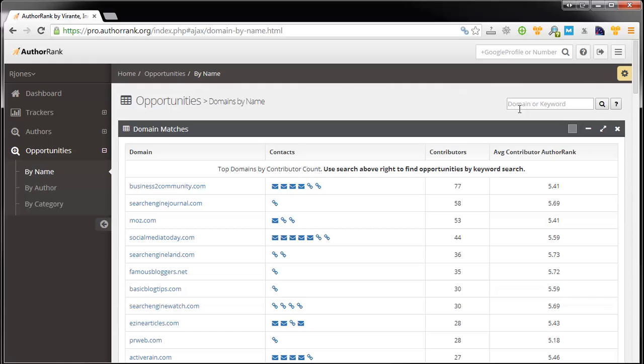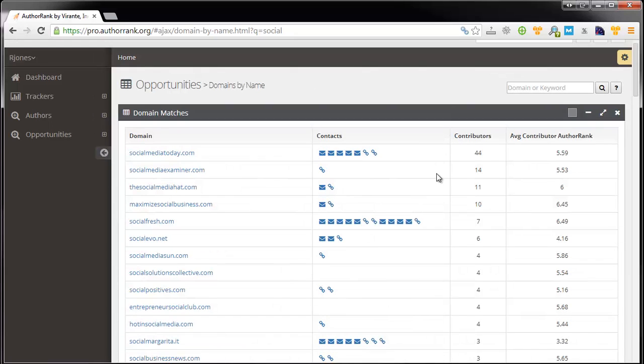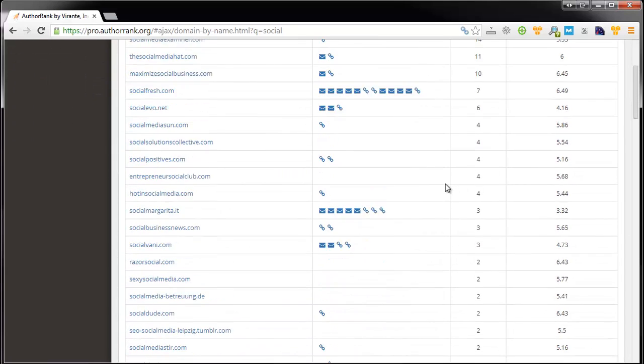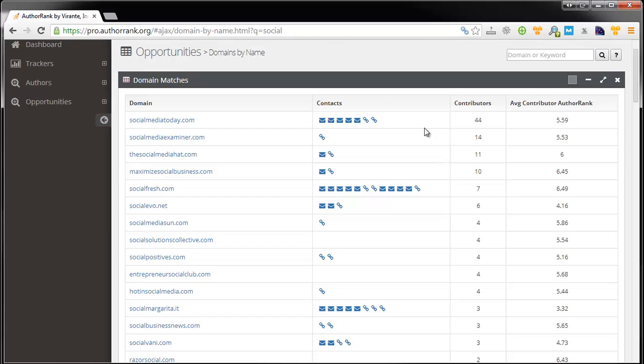So we're going to search for social opportunities, websites with the keyword social in them. Immediately we come back with a whole bunch of opportunities. Now, if you remember, we actually give you contact information. So right now, if you wanted to reach out to social media today, we have email addresses here. So you can actually do it in our system, but you would then have to send mail directly from your mail account, and it doesn't go in any kind of CRM or anything of that sort,